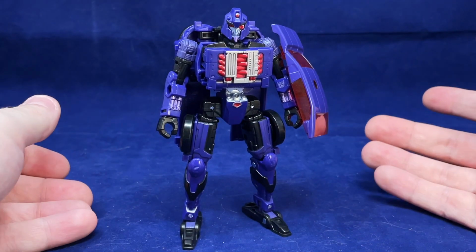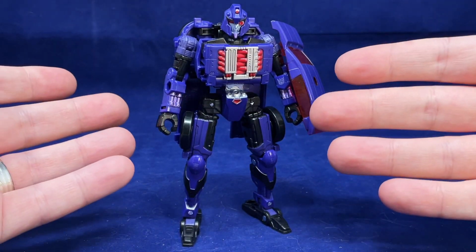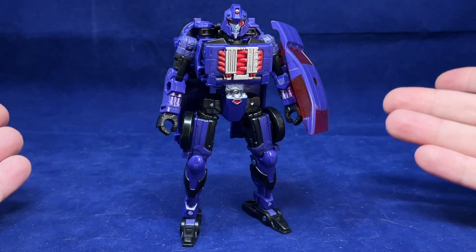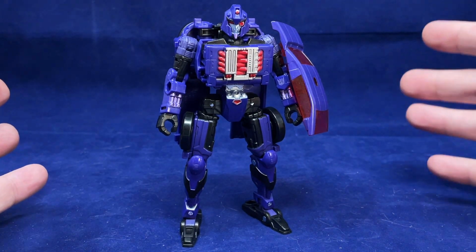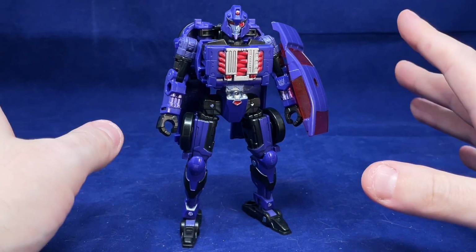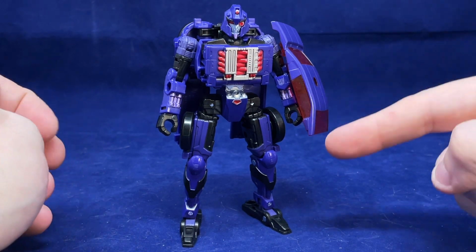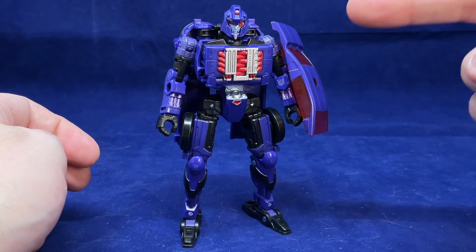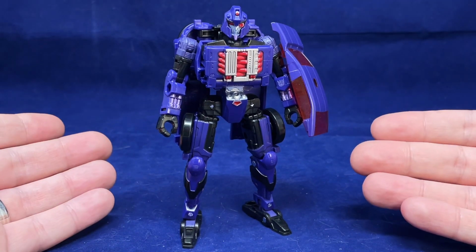But I understand why the sculpt is symmetrical for the robot mode. I get that because they're going to retool it into Sideburn or repaint it into Sideburn. I do understand that. What bugs me about this is the legs and arms are both painted in at least a couple of different places. So at the very least, it would have been nice if they had an asymmetrical color scheme going here,